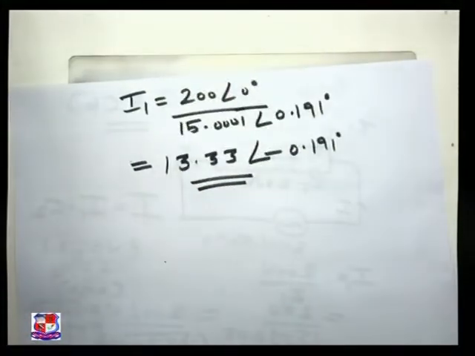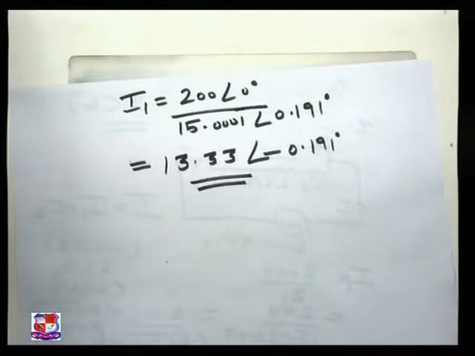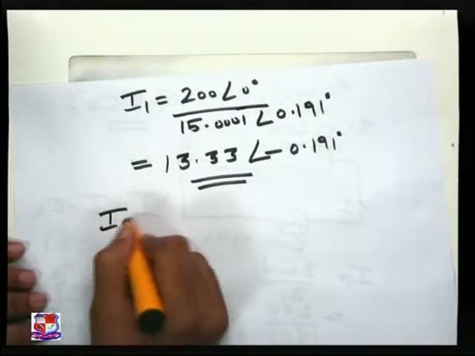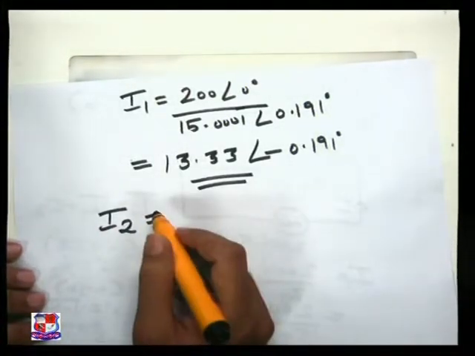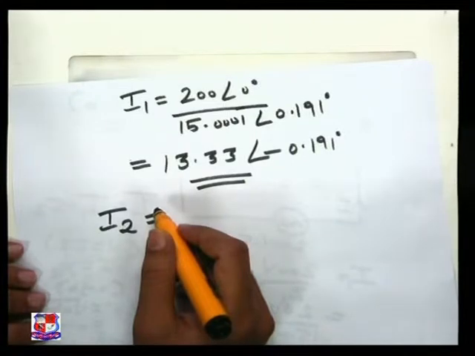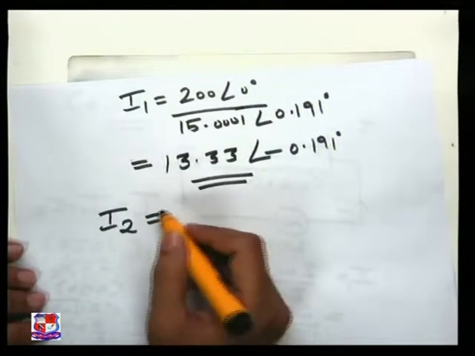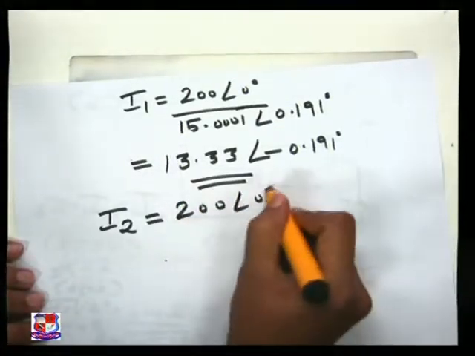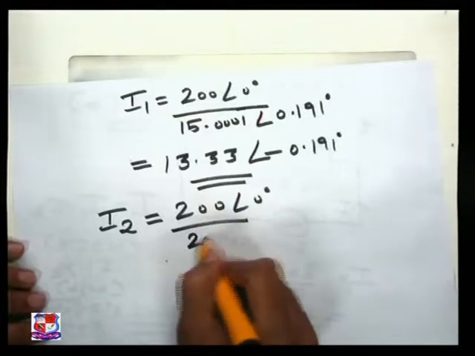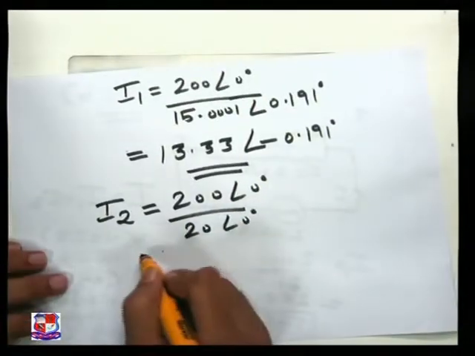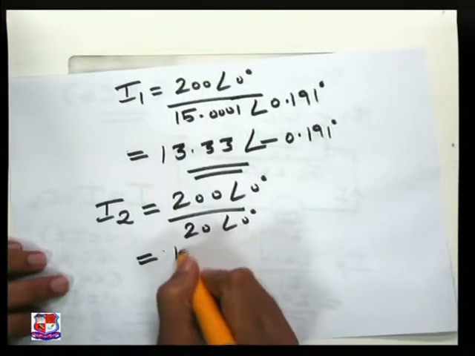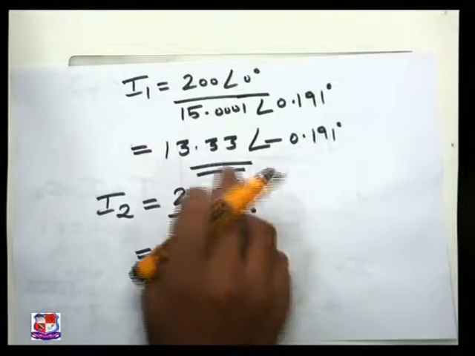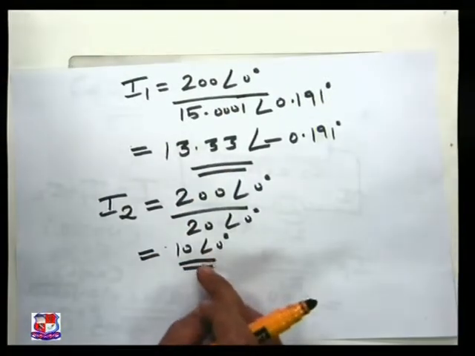So this is the current I1, right? This is very easy, right? So the first part, that is determine current in each branch. First I1 we have solved. Now for I2, same thing, we had a circuit. I2 we are taking across the resistance of 20 ohm, that is non-inductive resistance. So I equal to V by Z, that is V by R. We are given 200 volts, and R is given to us as 20. So directly you can say this as 10. This is the magnitude, 10 will be the magnitude and 0 degree phase.